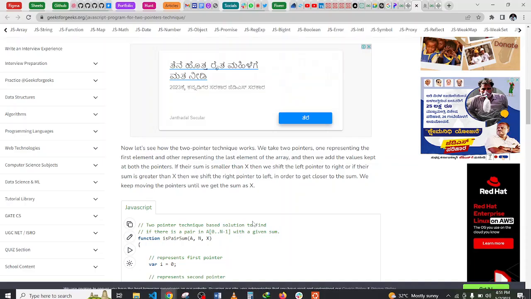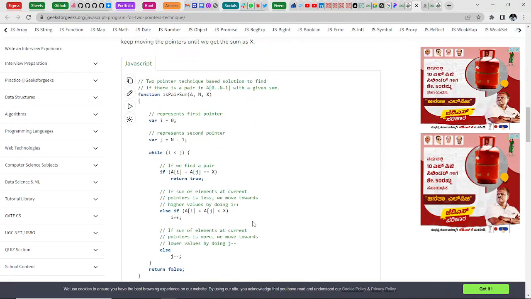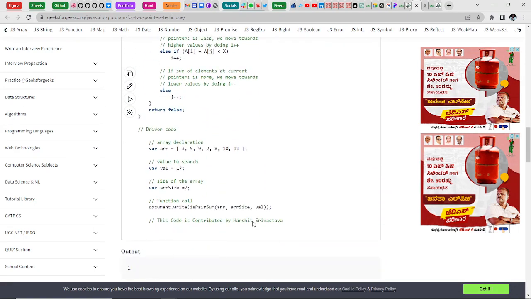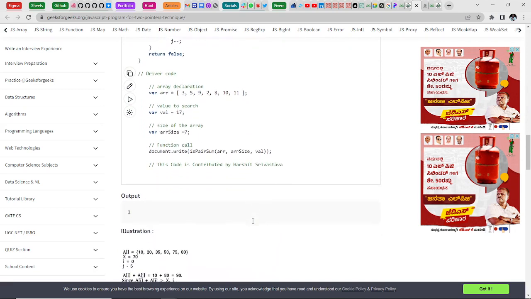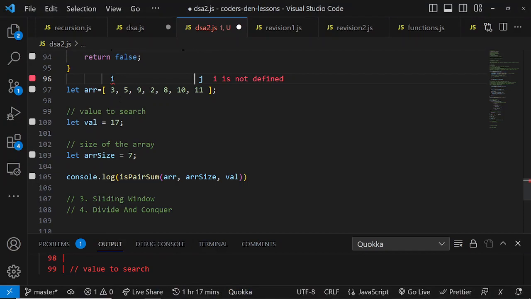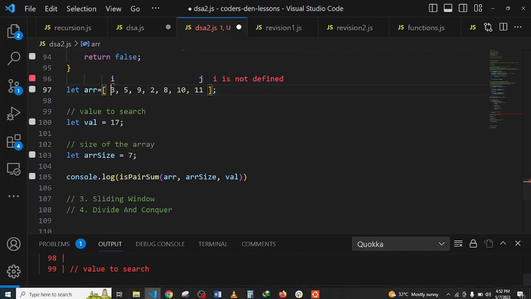Wait, this is supposed to work for a sorted array, right? Anyway, yeah, you add these together, 3 and 11. It's smaller. But from what they described here,